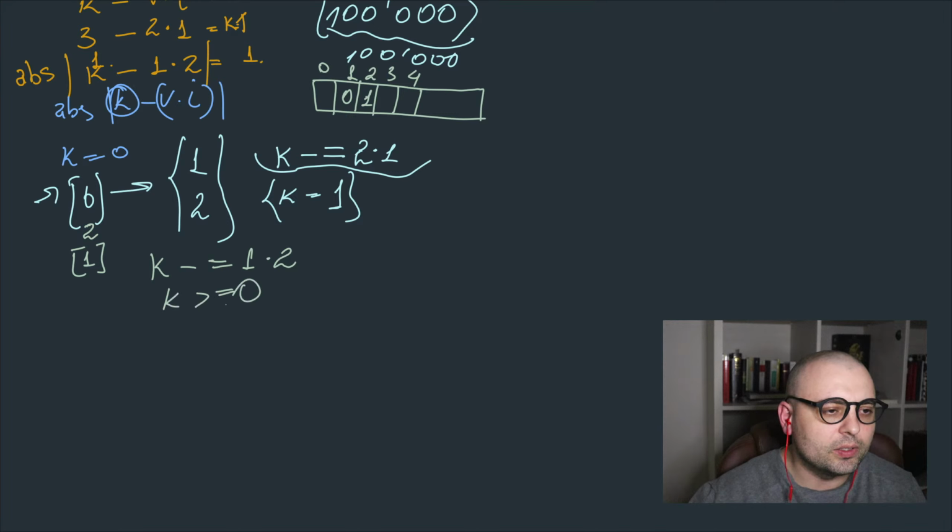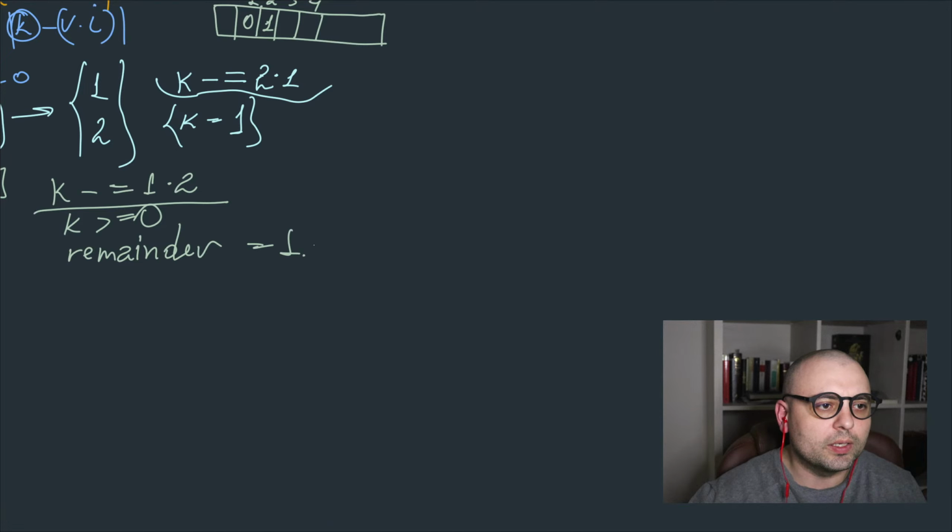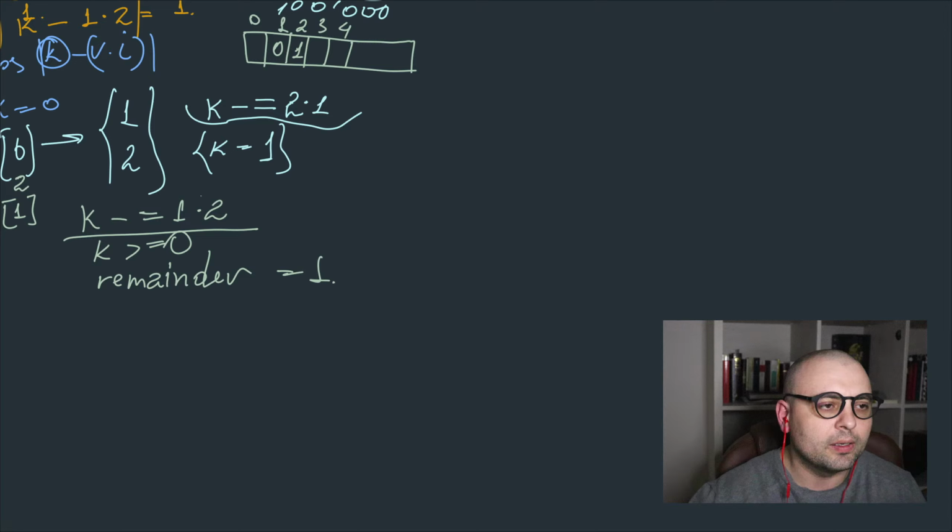So we may do the assumption that this is too big. The subtraction is too big, so we need to subtract till it's 0. So some sort of remainder. So remainder will be 1, because k will be 1, so we'll be removing one item. But in this case, if we remove one out of this sum,